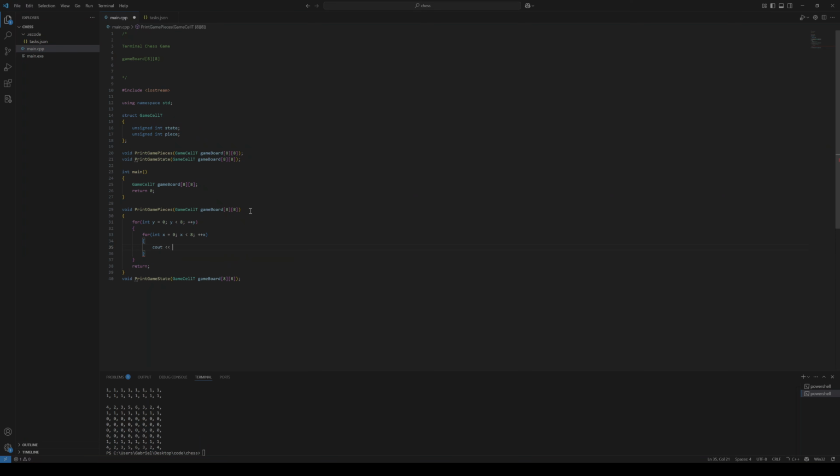See out. This is a game board. X and y dot state, and a little comma there. I'm gonna see out an end line here to make sure that works, and we're gonna be doing literally the